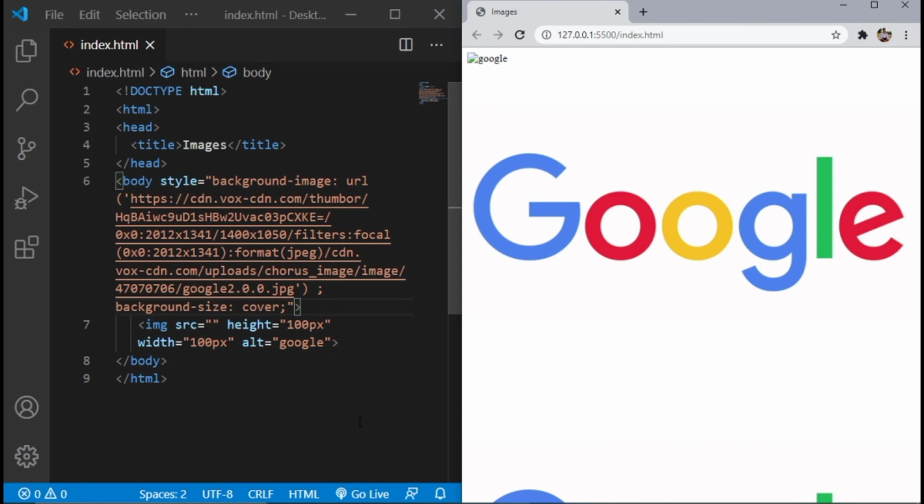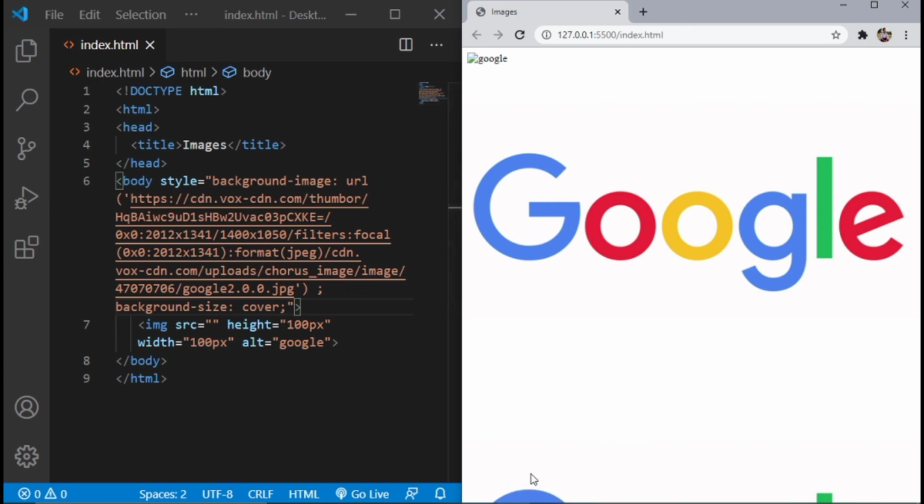So now here you can see that our image automatically adjusts its size according to the size of our browser. But you can also see that here is some extra part which is coming. It's nothing, just a duplicate copy of our image.